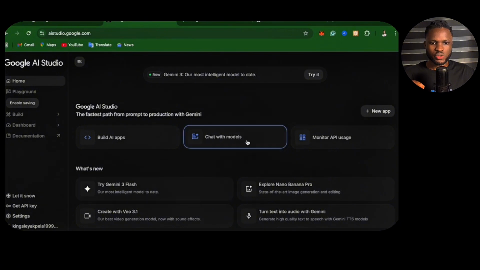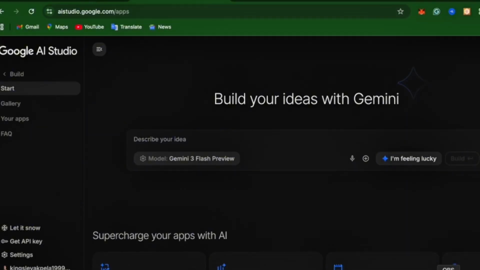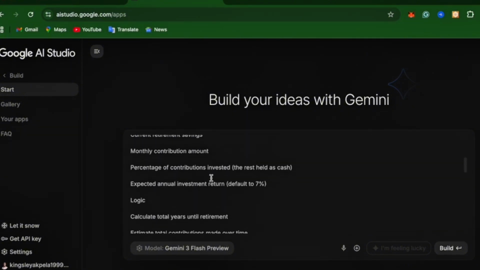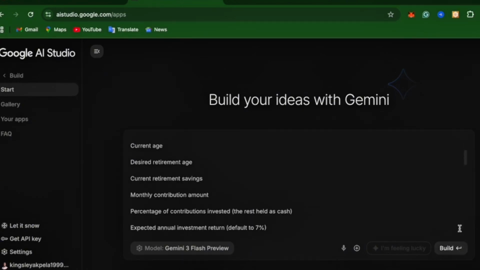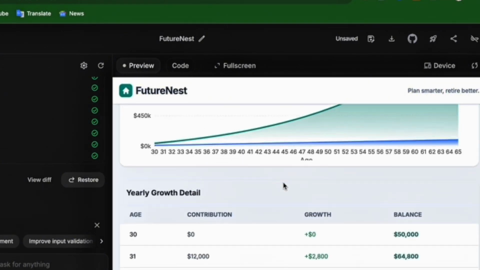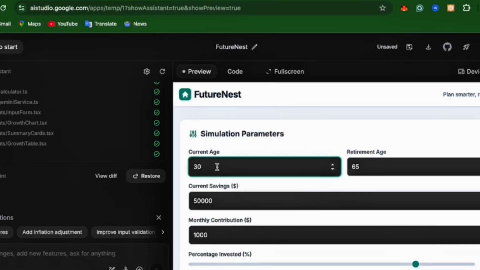So inside Google AI Studio, there is a section called Build. This actually lets you create real AI powered apps just by describing what you want. For example, let's say I want to build a retirement planning app. All I have to do is to describe what the app does, what input it takes, and what result it should give. So once I describe exactly what I want to build, I'm just going to go ahead and click on Build, and in just a couple of minutes, Google AI Studio generates the entire app. It creates the name of the app, the logo, the full user interface, and this is not just a mockup, the app actually works. Now from here you can download it or build custom versions for clients.